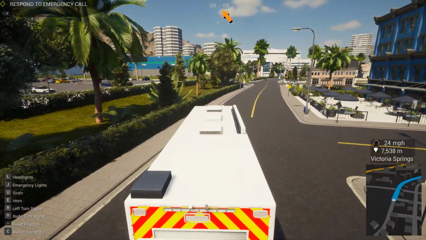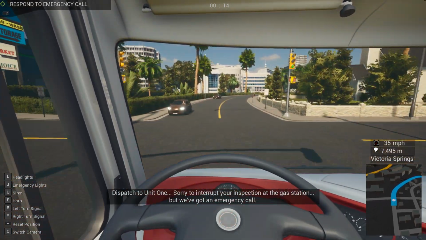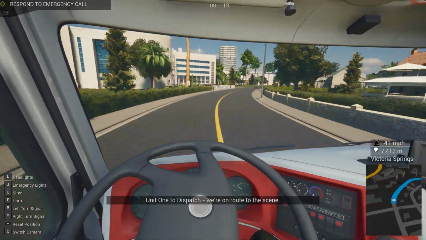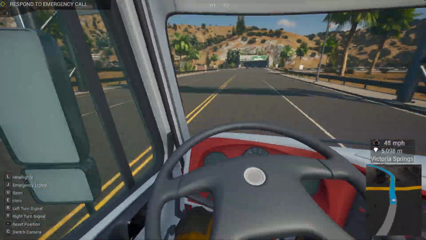So you look around the map, you decide which fire you're going to, then you're greeted with the old loading screens, and then you are in a station and you're pulling out. You put your siren on so the traffic will get out the way. There's usually another truck accompanying you, and you follow the little blue line on your sat nav towards the fire. Now, guys,